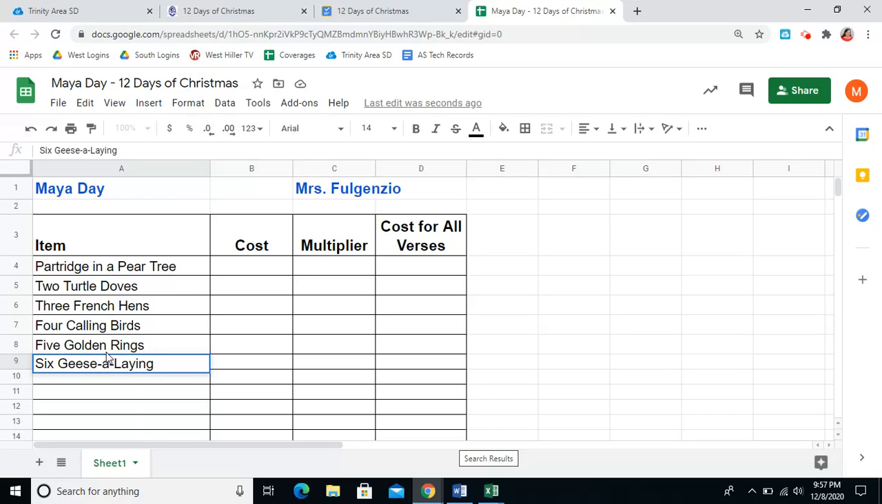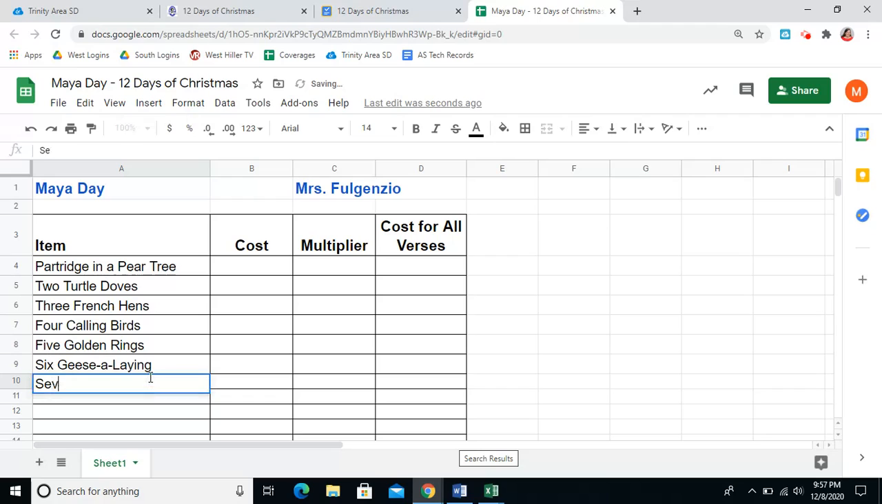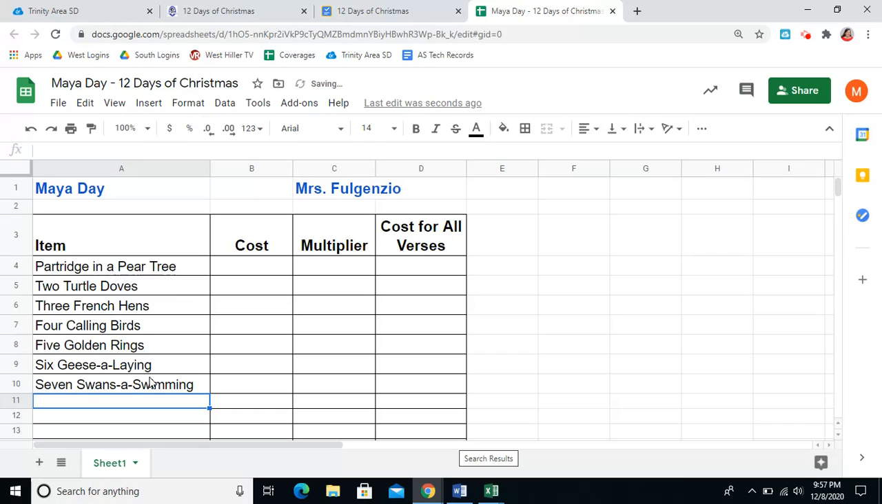We put 1 space between words, we know, but when we use hyphens, the hyphen takes the place of the space. So I do not use a hyphen with spaces. I use a hyphen instead of spaces. All right, I'm going to hit enter. 7 swans a swimming, 8